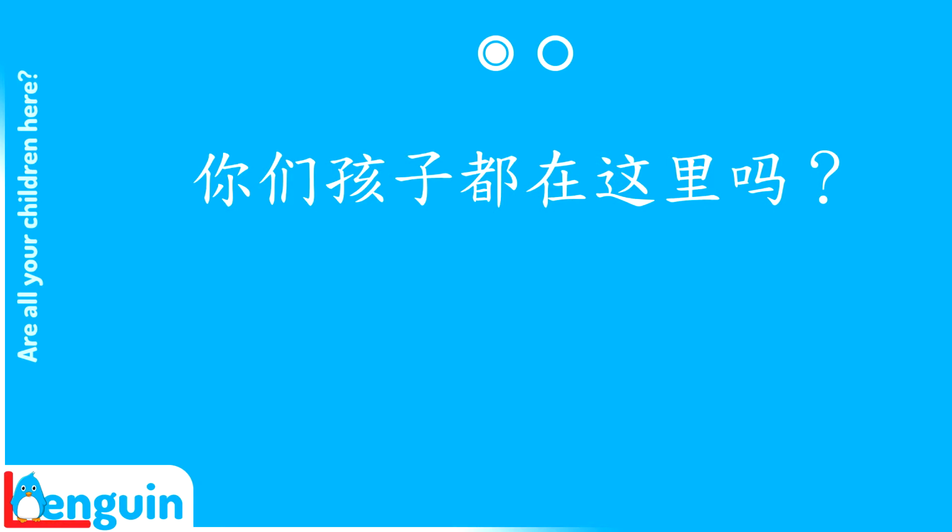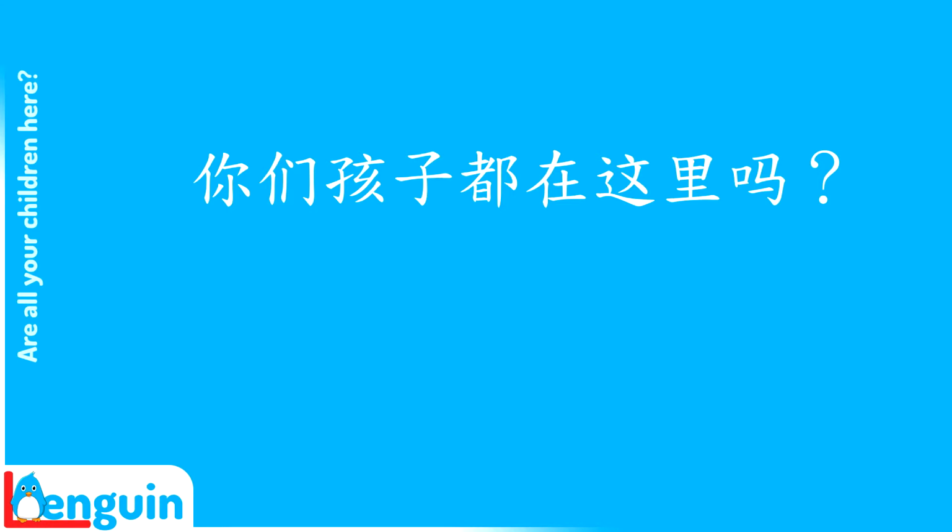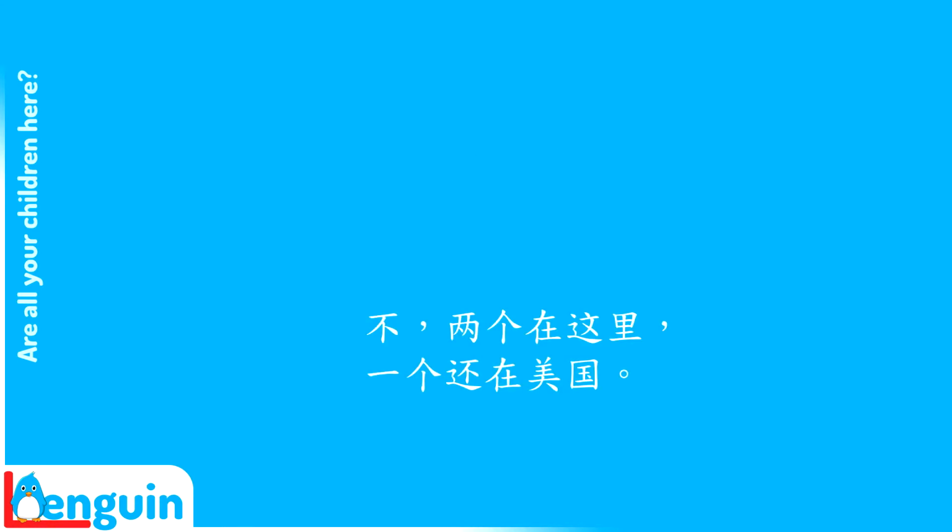Repeat. Are all your children here? 你们孩子都在这里吗？ Make sure to put the adverb 都 before the verb. Say, are all your children here? Ahead of the speaker. 你们孩子都在这里吗？ Try asking, are all your children here? Again. 你们孩子都在这里吗？ 不，两个在这里，一个还在美国。